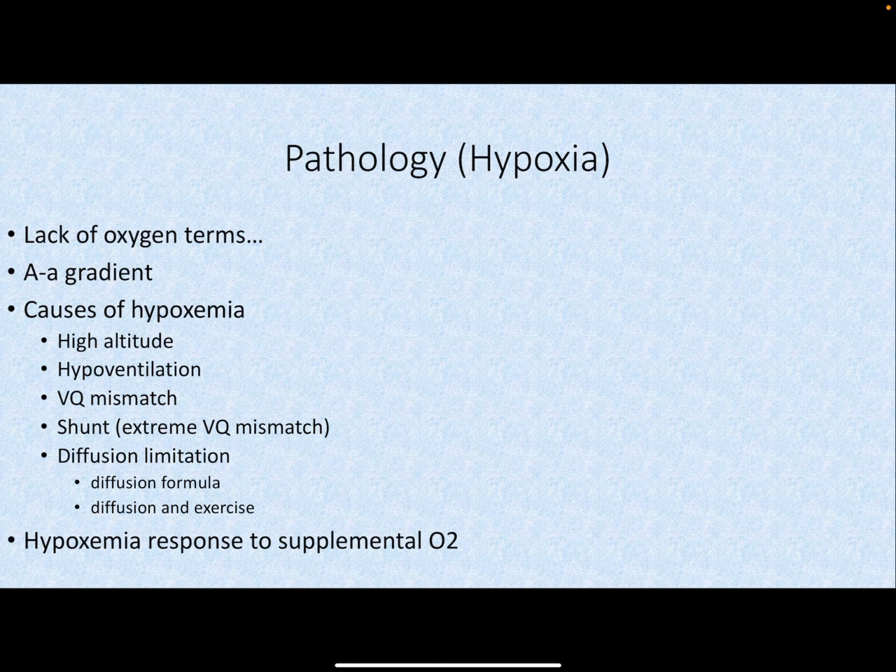Okay, now that we understand how to calculate alveolar oxygen gas concentrations and understand arterial gas concentrations, let's talk about hypoxia and hypoxemia. So we'll start with a couple of general terms, talk about the AA gradient, and all of the different types of hypoxemia: one, high altitude, hypoventilation, VQ mismatch. VQ mismatch includes dead space and shunts, which is often considered a fourth and separate form of hypoxemia. Diffusion limitations: we'll talk about the diffusion formula, what diffuses well, what doesn't, perfusion limited, diffusion limited, and how exercise affects it. And then we'll go into how supplemental oxygen is going to affect each of these 5 different hypoxemic